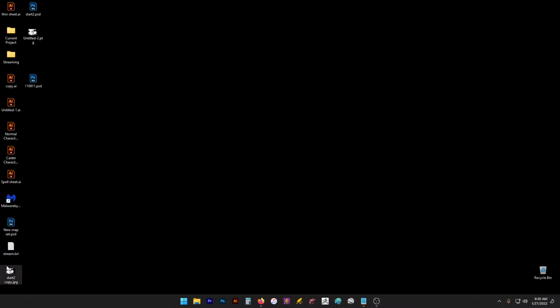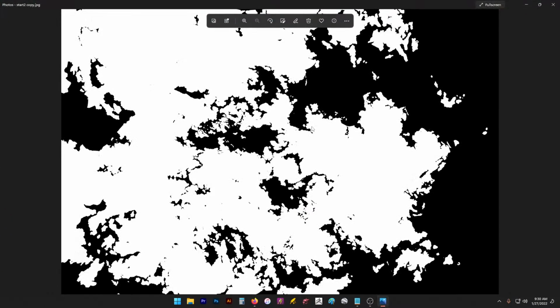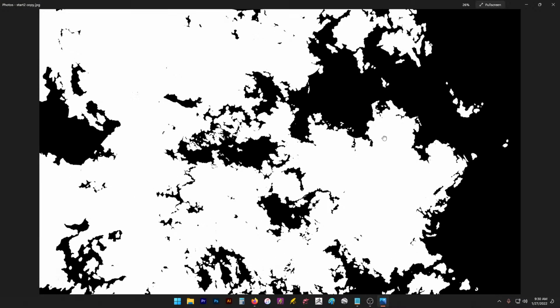First off, here is just a general map, and we're going to be taking this into Wonderdraft to plan with it and figure out scale. And the way we're going to do that,